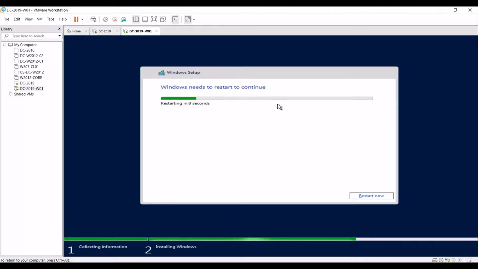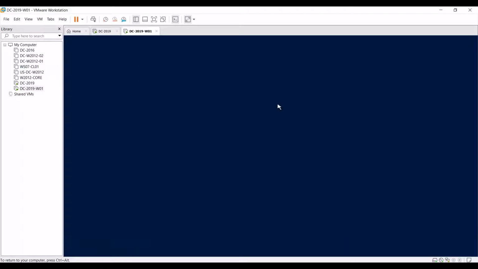Okay, here we go. Windows will restart within a few seconds. So it's getting rebooted.